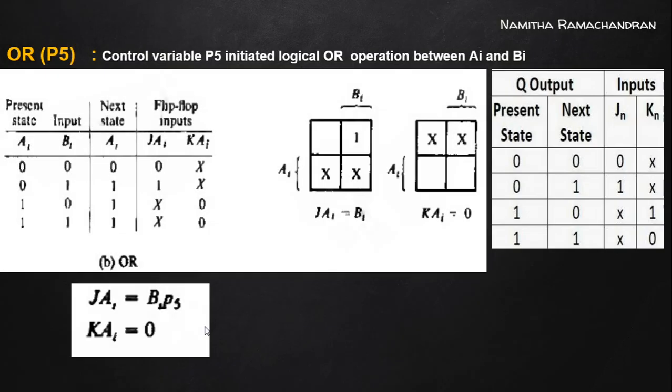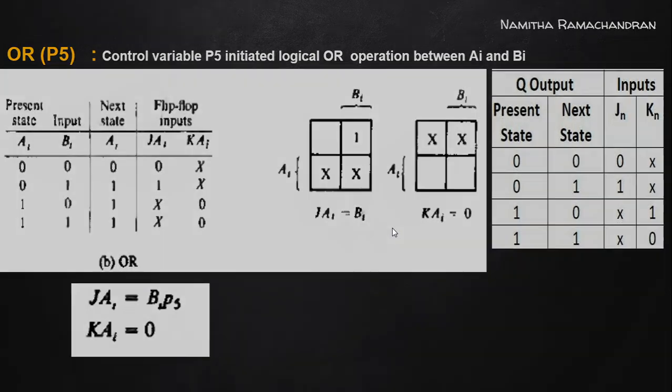Okay, and similarly for our logical OR operation, which is controlled by the control variable P5. So the same procedure is repeated here, right, with the help of this JK flip-flop excitation table. The excitation table for this JK flip-flop generates various J and K input combinations, then performing this K-map simplification, now we get an expression: J input must be of Bi and K input of value 0, just the reverse of our